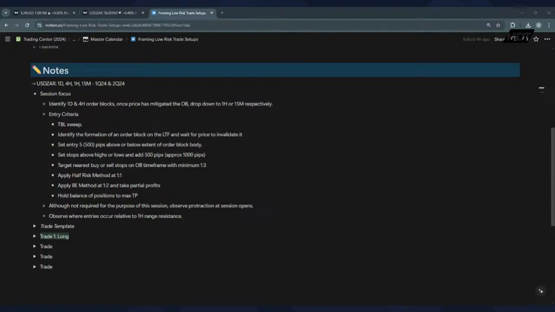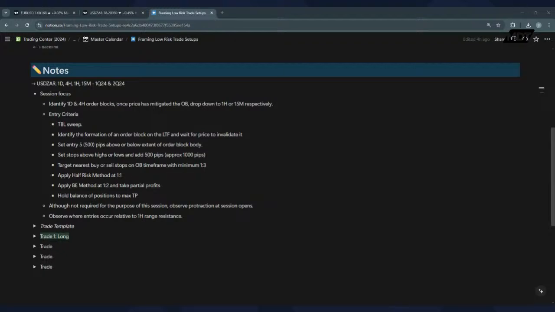Some additional notes or points to mention. It's not required, but I'll just be observing protraction at session opens just to see how it aligns with these entries that I'm looking for at order blocks, and then also observing where entries occur relative to the 1 hour